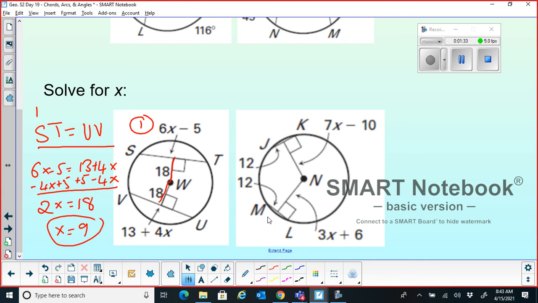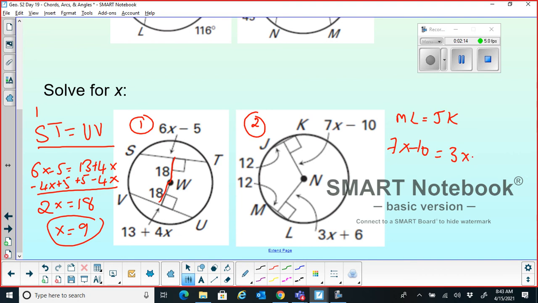In the same way, the converse of the theorem is used here. They have given that the lengths of the chords are congruent. So the chords in the same circle or congruent circles are congruent. They have given ML is congruent to JK in problem 2. So if ML is equal to JK, the distance from the center should be congruent for those chords. I have not labeled the point of intersection, so I'll just directly say that the distance denoted here, 7x minus 10, should be equal to 3x plus 6.